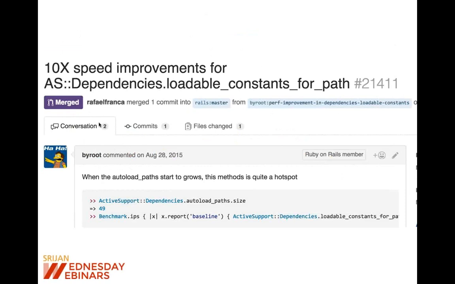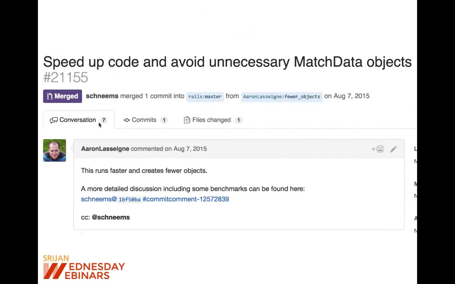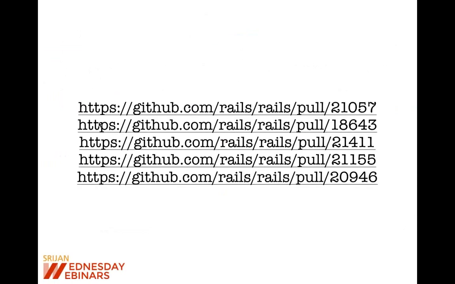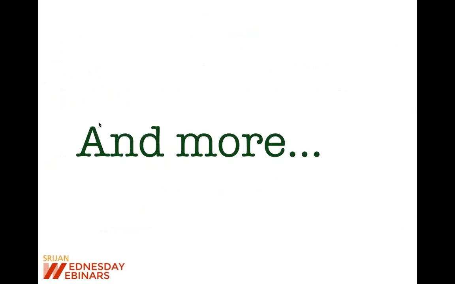This one is related to development, because it is related to autoloading, it will not have much impact in production, but in development there will be around a 10x speed improvement. And then these are also some examples where speed has improved and memory has been reduced, and this kind of work has been done to improve overall Rails performance. So you can check these later.